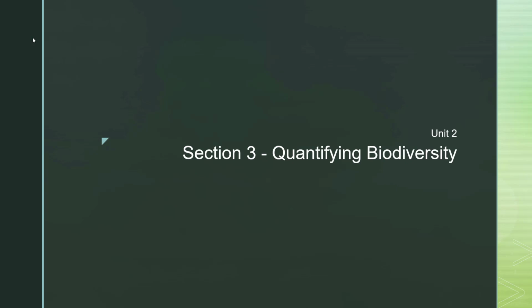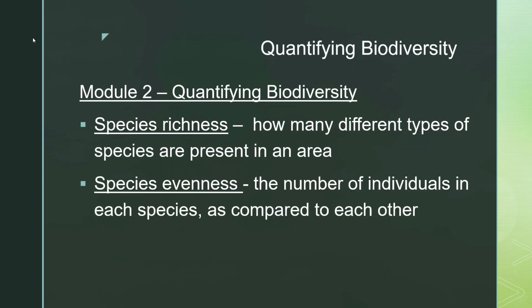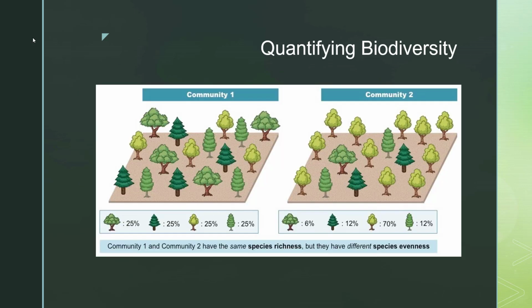So you should already have a section in here where we're talking about quantifying biodiversity. We talked about the difference between species richness and species evenness. Species richness being how many different types of species are present. So again, if you're on the savannah, lions and zebras and hyenas and elephants and rhinoceros, those are all the animals, and then the different types of grasses there. And then species evenness, which is the number of individuals in each species. And remember, we did this comparison, which showed us that